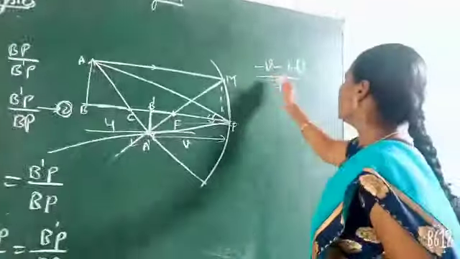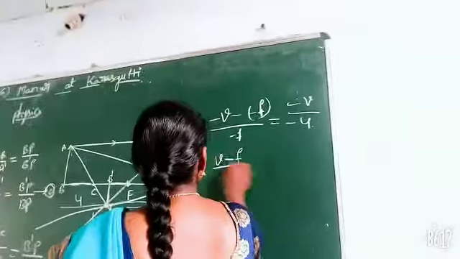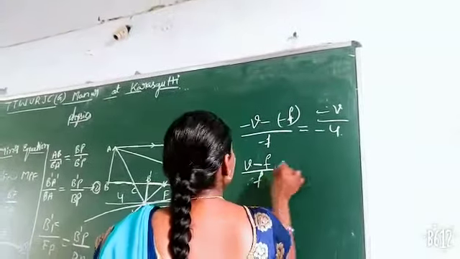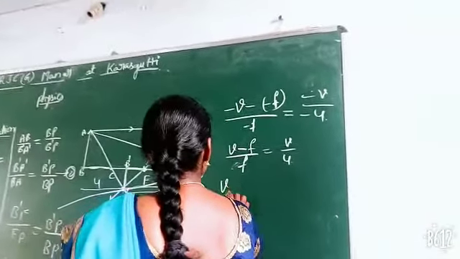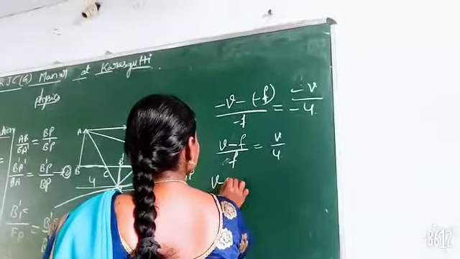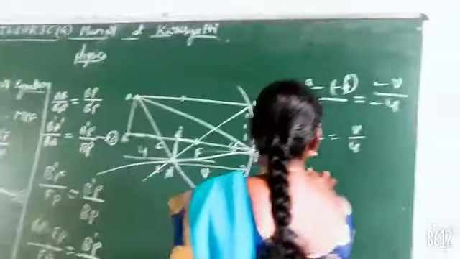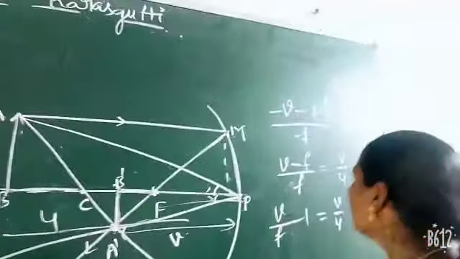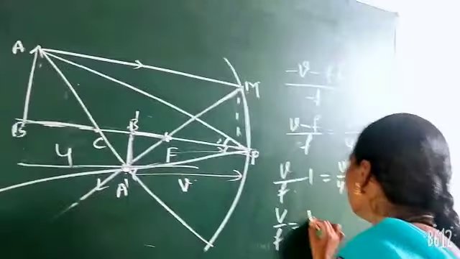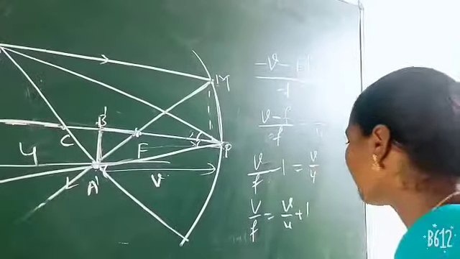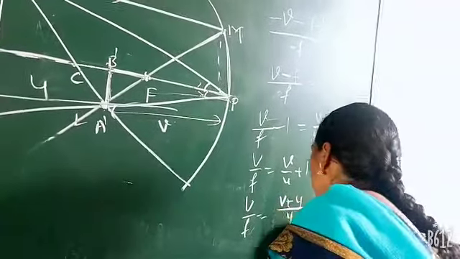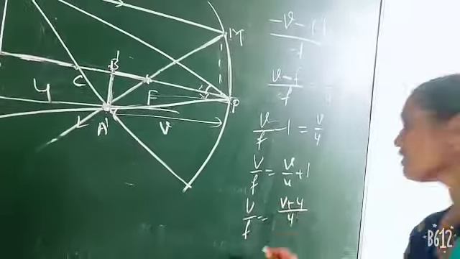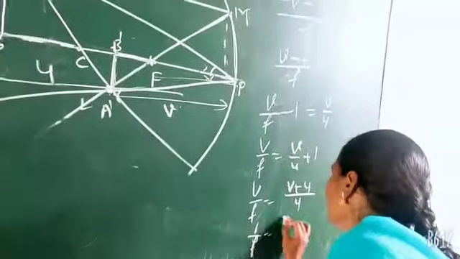If you cancel the negative terms, the equation will become V minus F by minus F is equal to V by U. Now this equation can be written as V by F minus 1 is equal to V by U, and V by F is equal to V by U plus 1. So V by F is equal to V plus U by U. If you bring this V to this side, 1 by F is equal to V